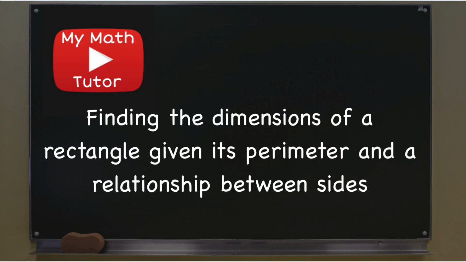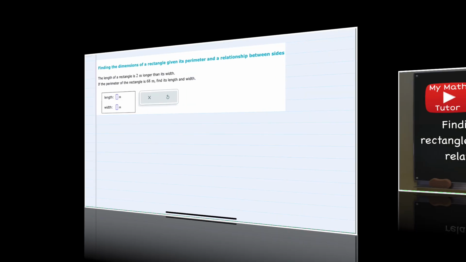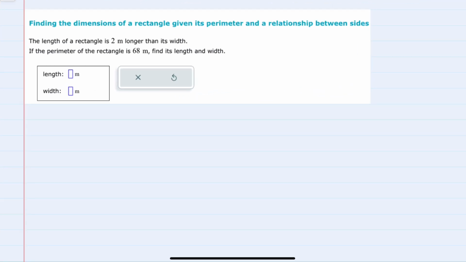In this video, I'll be helping you with the ALEKS problem type called finding the dimensions of a rectangle given its perimeter and a relationship between sides. We're told that the length of the rectangle is 2 meters longer than its width, and that the perimeter of the rectangle is 68. So I will start by recalling that for a rectangle, it has length and width as